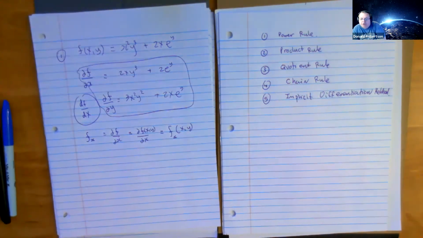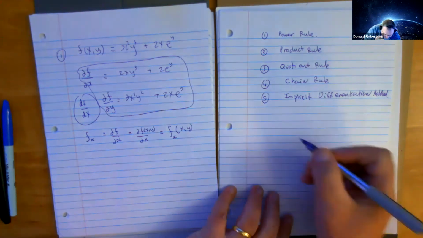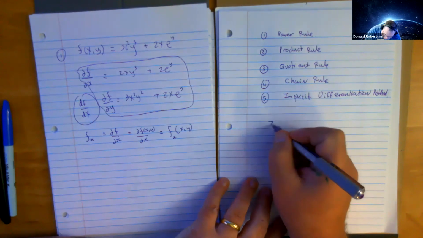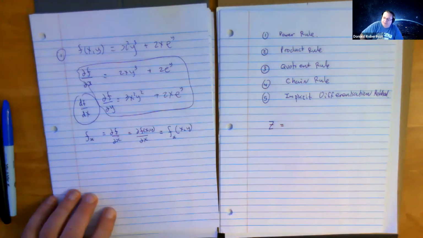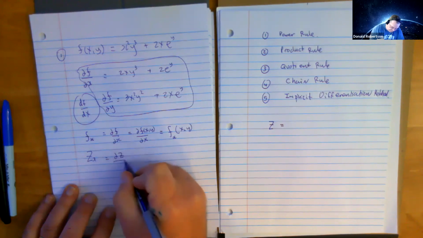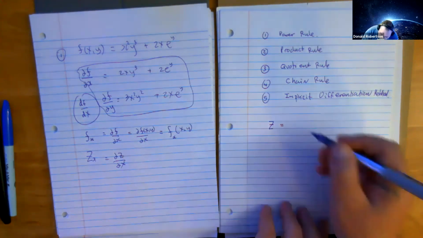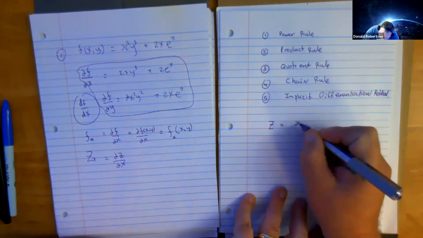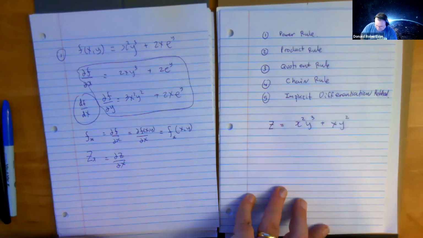If you're going to do a question that uses the product rule, you have to be aware of when you actually need to use it. Seems a strange question, but here goes. Suppose I do Z equals, oh, I have just found another notation, for first partial derivatives, right? So suppose we had this guy. If you were going to do the product rule, you could have that guy. Or